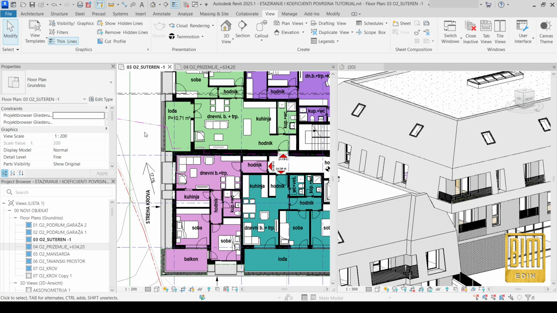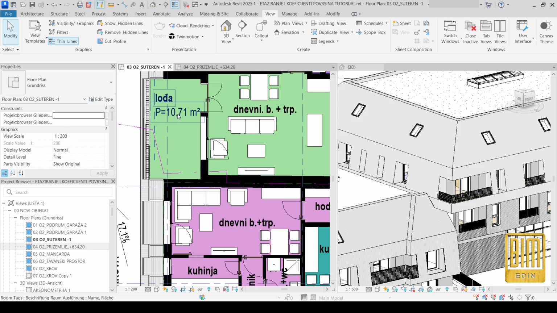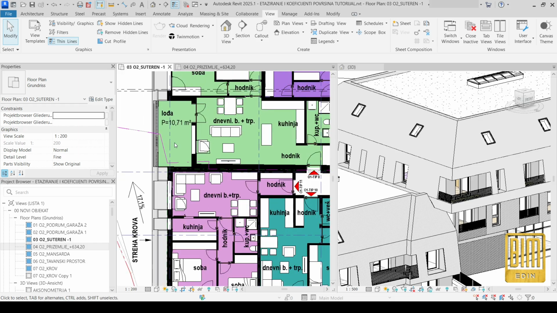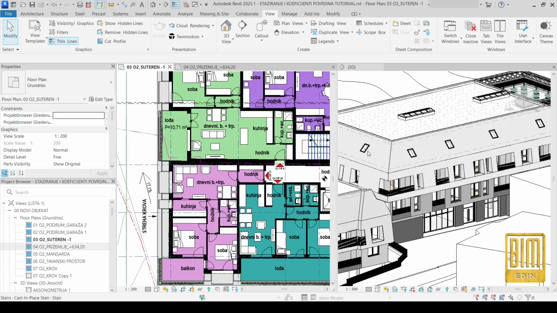In today's tutorial, dear friends, I would like to show you how to calculate useful area and how to add coefficients on that gross area here, and how to create room tags that show gross and net areas. Also, I would like to show you how to calculate areas below the roof. For example, here